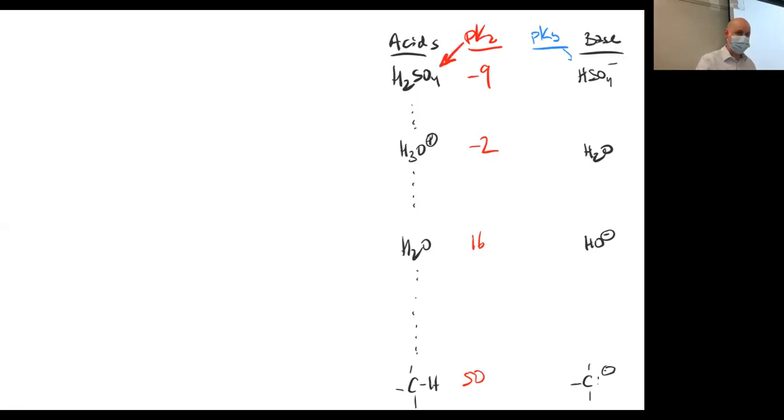All right, we're going to do some math here. It's not going to be hard math. 14 minus -9 is 14 plus 9. 14 plus 9 is 23. All right, the pKa of H3O plus is -2. So the pKb of water would be 14 minus -2. So 14 plus 2, which is,